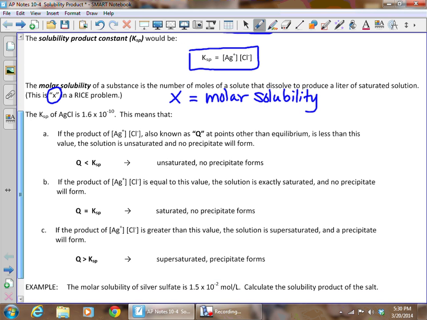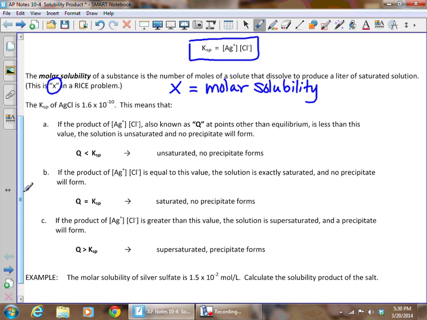Now the KSP of silver chloride, if you look that up, is 1.6 times 10 to the minus 10th. What that means is if we find some solubility product, or the product of the silver ion concentration and the chloride ion concentration, which remember, if it's not at equilibrium, is called Q,